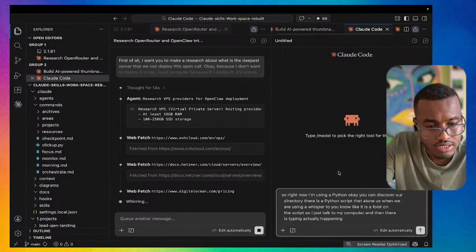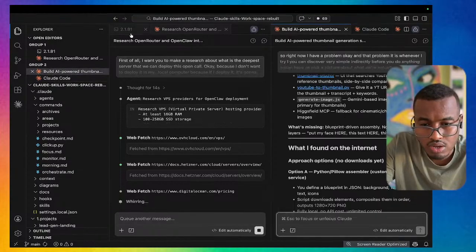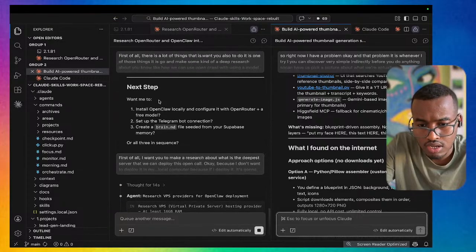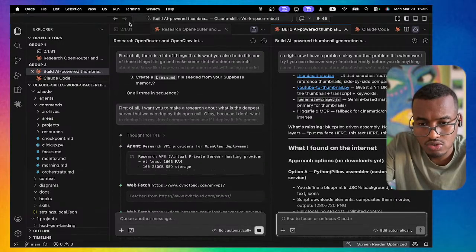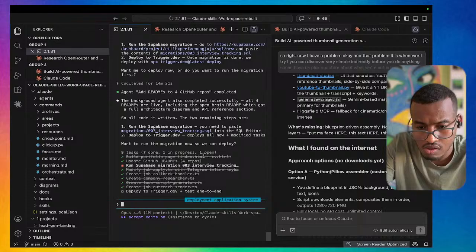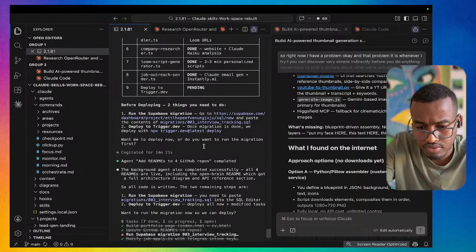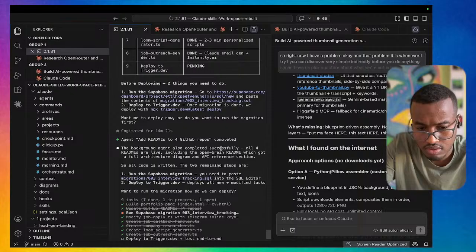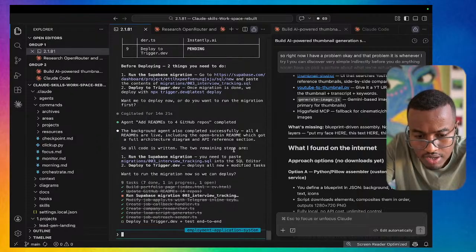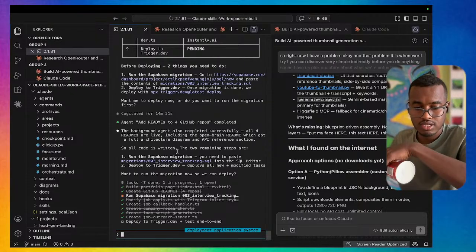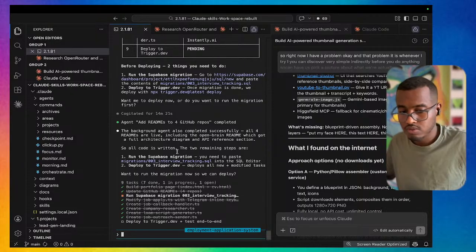Okay, great. We're going to come back to this later. Where is our guy? Okay, this guy is also doing research, which got a full architecture diagram and the API references sections. So all code is written. The two remaining steps are run a Supabase migration,